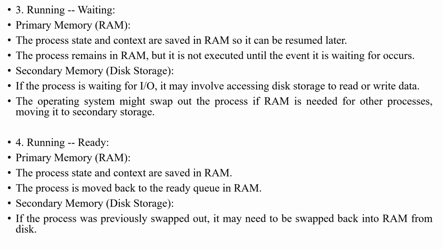Running to waiting. For the primary memory, the process state and the context are saved in the RAM, so it can be resumed later. Secondary memory: if the process is waiting for input output, it may involve accessing disk storage to